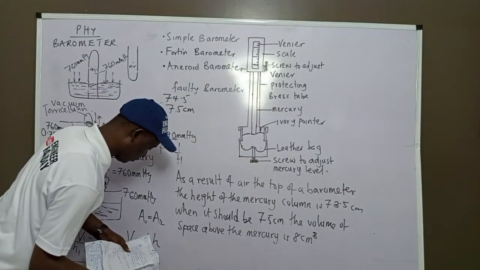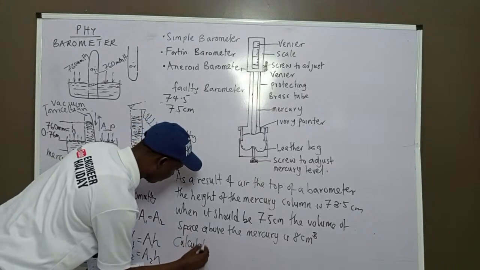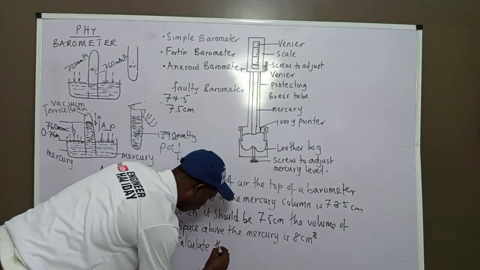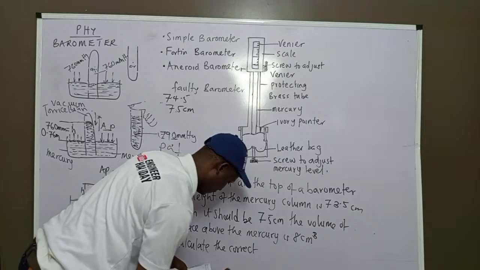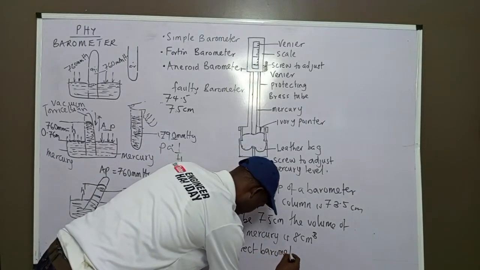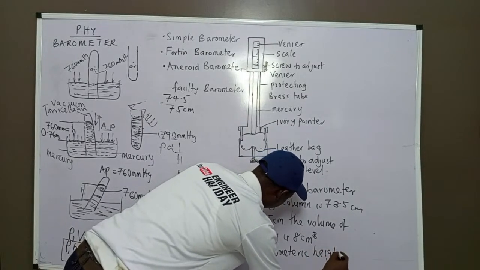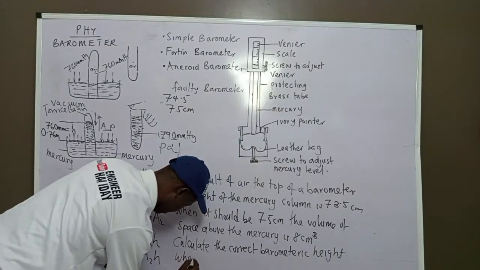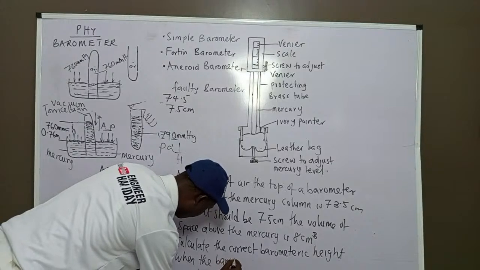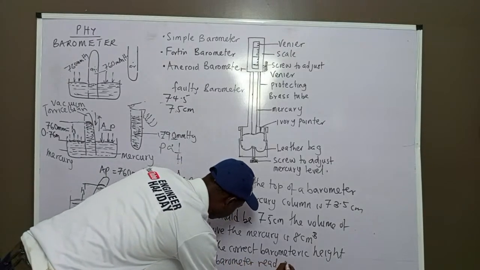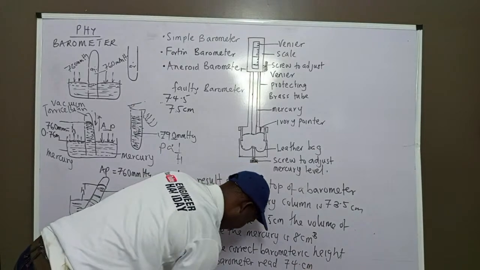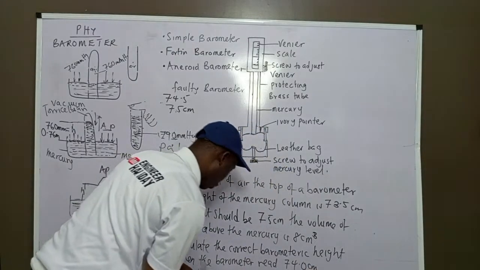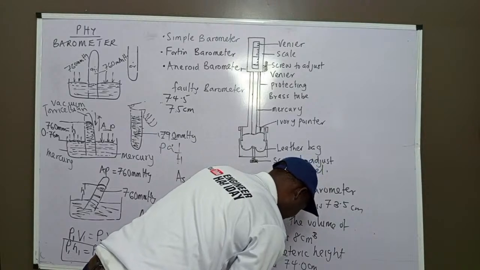Now you say, calculate the correct barometric height when the barometer reads 74.0 centimeter above the mercury,